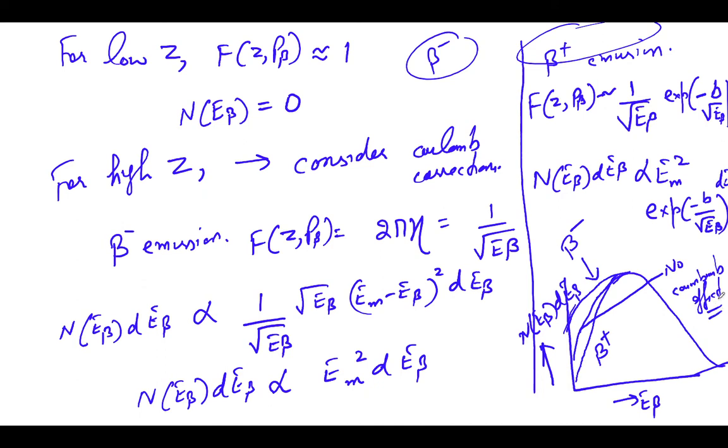So this is how you can see that the spectrum of the beta particle is changed for beta plus and beta minus when we add these Coulomb correction terms, and from that we can find out the maximum energy